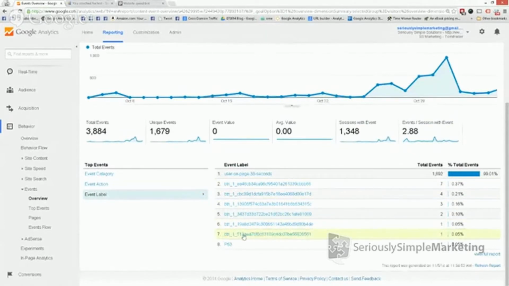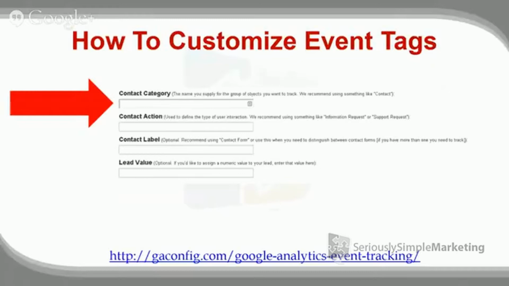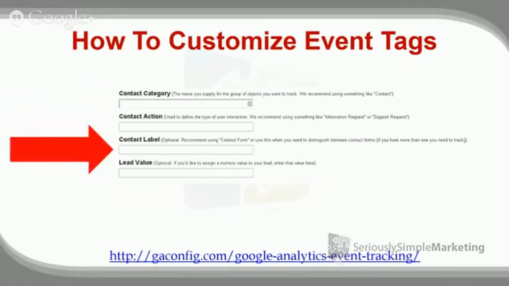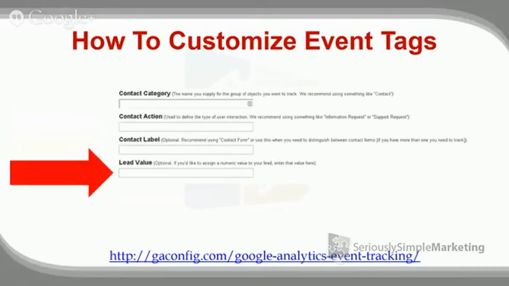So we know exactly what the button was. And then again, we can get a little more details of the label that we used for the timer here. So there's lots of stuff that you can put in these three little sections. And then what you would do, again, going back to our little form here, you fill in the category, you fill in the action, and you fill in the label. And then if you want, you can put in a value. It's totally optional, and you can also set up goals, which we're going to cover next week when we talk about conversions. But in the goals, you can override this value, so you don't have to put one in here if you don't want to.